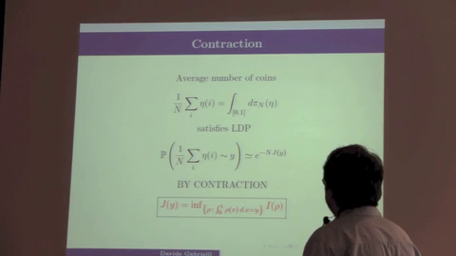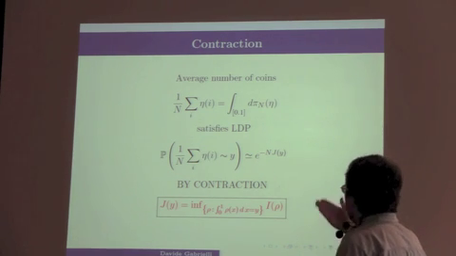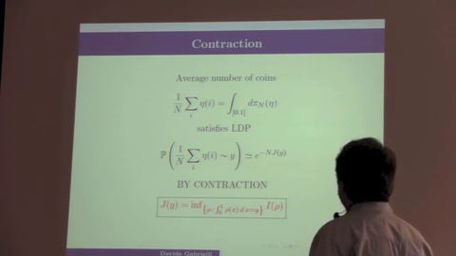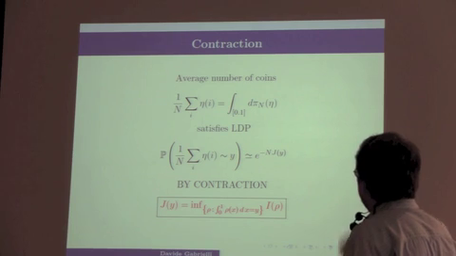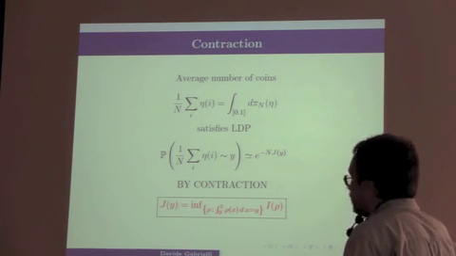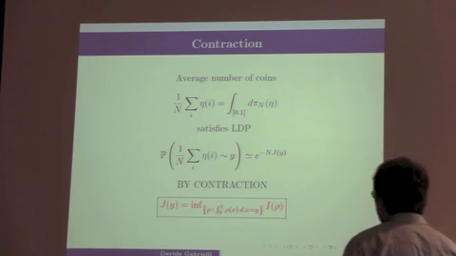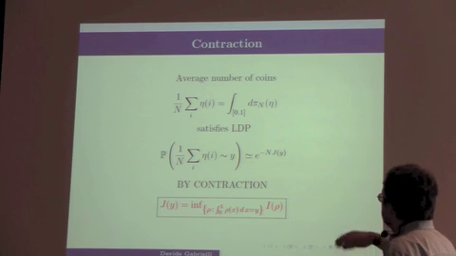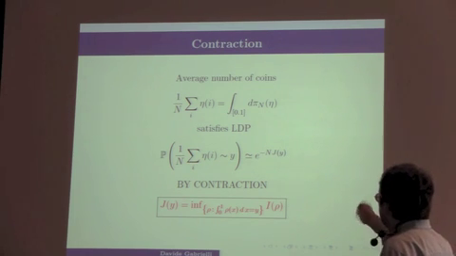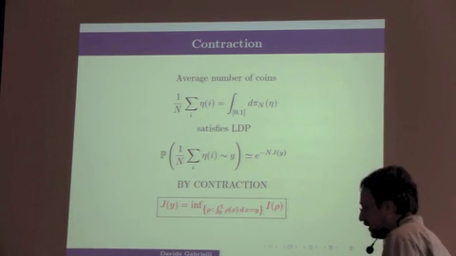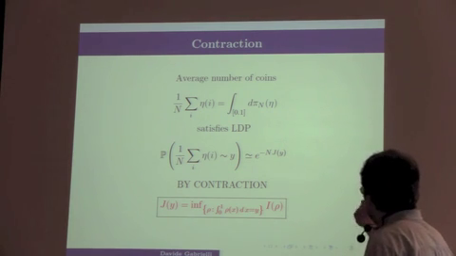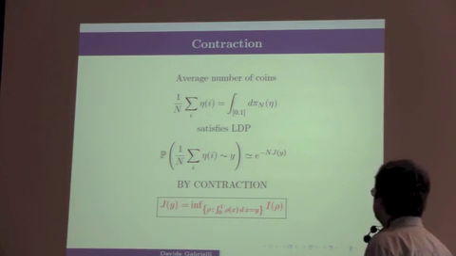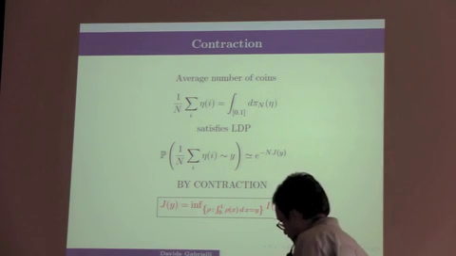Then this general principle says that if you are interested just in the average number of 1, then this also satisfies a large deviation principle. So the probability to see a given value is exponentially small, unless it is the typical one, and the rate of exponential decay is obtained by contraction, solving this variational problem here. So you have to minimize among all the densities rho that have this fixed total mass, and you get the rate function for this other